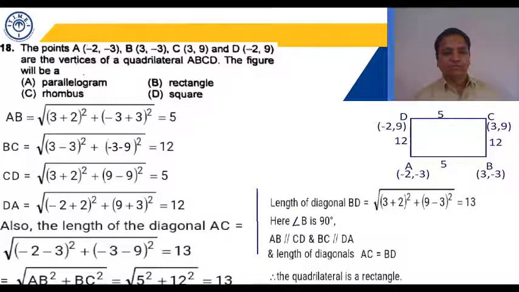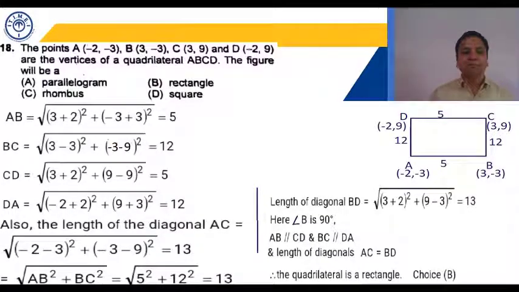Move to next question. So in this, the choice comes out to be B. It's a rectangle. C and D were initially ruled out. There was no doubt in that. So we have to figure out from A and B. This is not an easy question. You have to check. You cannot take a guess. It's a rectangle or a parallelogram. You have to find out the length of the diagonal also.